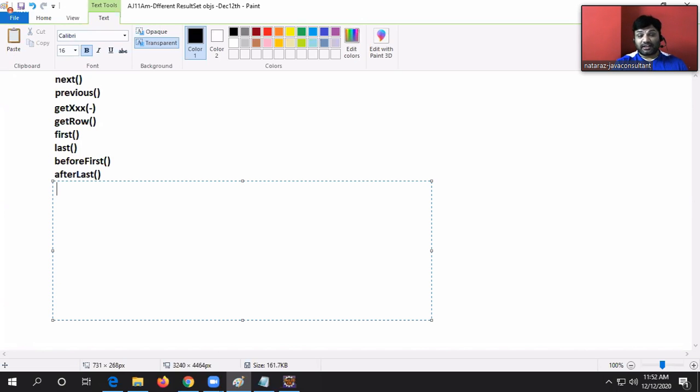We can check whether the cursor is there in the first record or not: isFirst. We can check whether the cursor is there in the last record or not: isLast. And we have two more